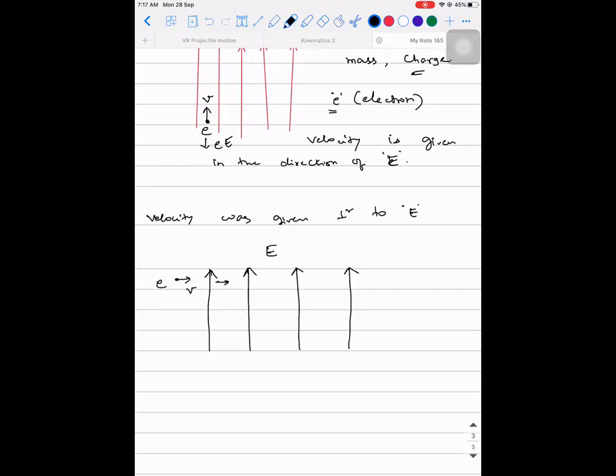Will it enter this electric field medium and start traveling in the same path? Guess. What exactly will happen? At least try, speak out. Travel in circular path. It will not travel in circular path. See, for a particle to travel in a circular path, what is the necessary force? Centripetal force. Siddharth, can you come close to the mic? I'm not able to hear.